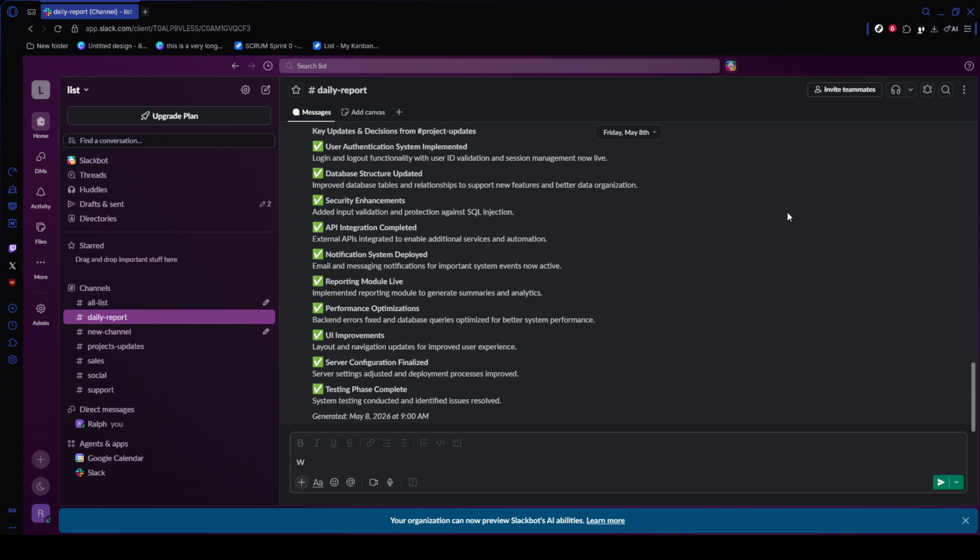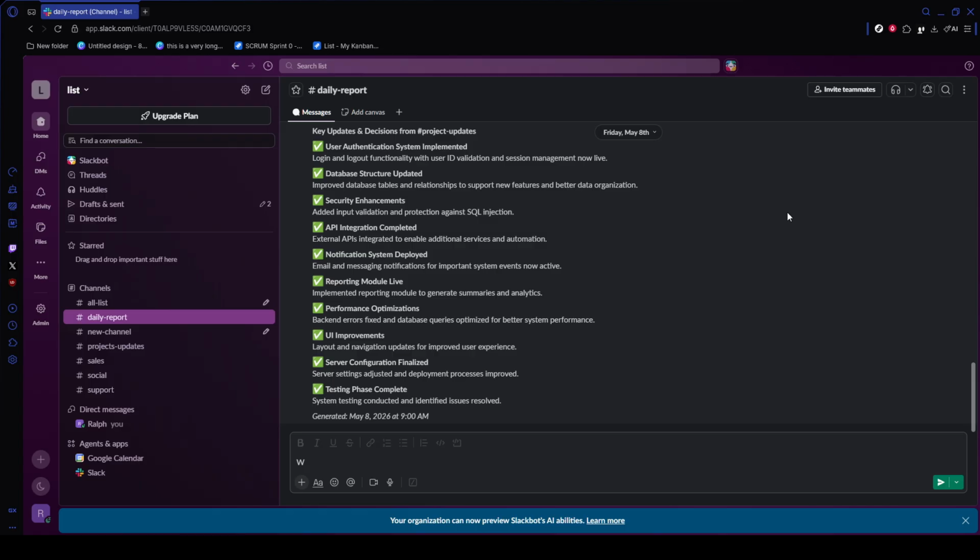Start by opening Slack, either in the desktop app or in your browser. From the left-hand sidebar, click the channel you want everyone to join. This is the channel that will become your central communication space, so make sure you're selecting the correct one before moving forward. Once you're inside the channel, go to the top of the conversation window and look for the member